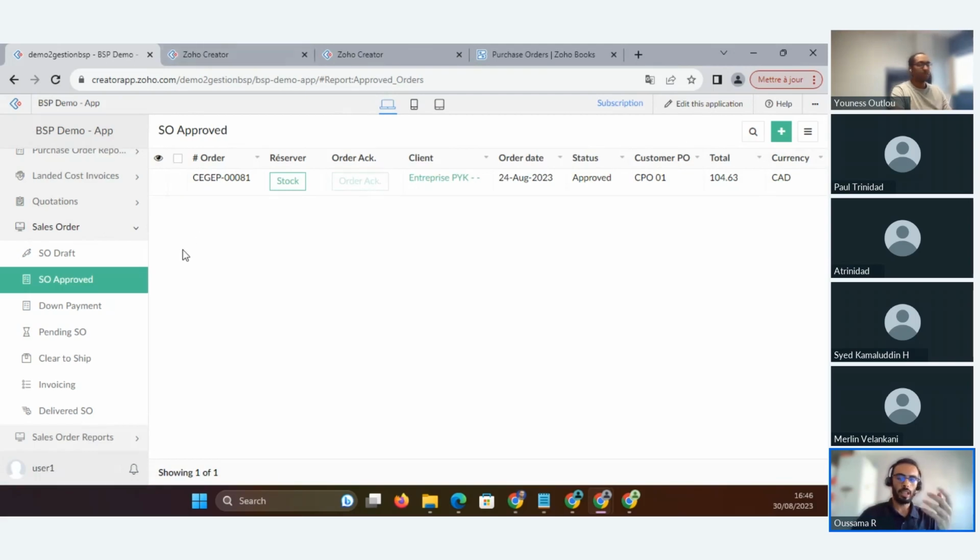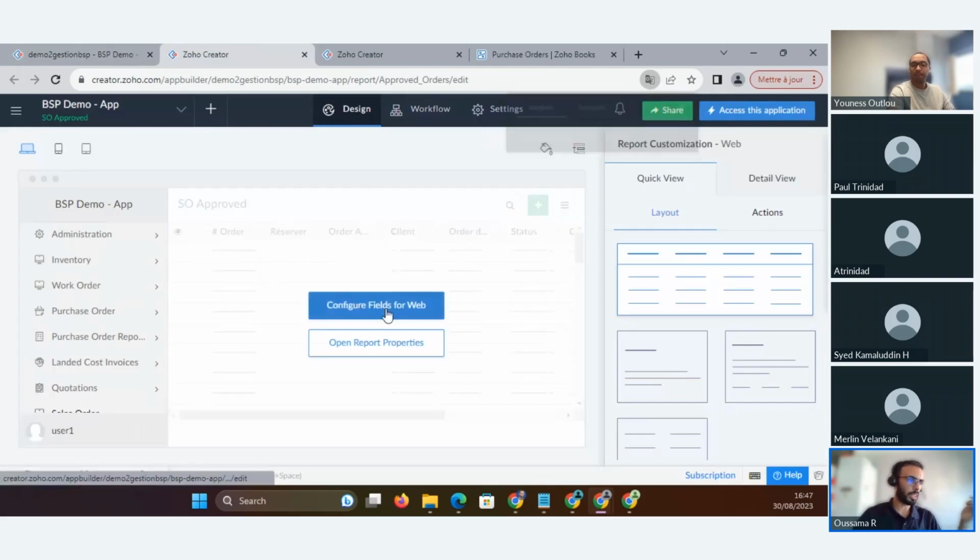So here, for example, as Yunus said, we showed some quick Deluge script that can be scripted in 1 to 2 minutes and yet be effective. And of course, we have some other features that can be more complex. For example, here to reserve some inventory for my sales order and take into account all the other sales orders if I have available inventory, etc. So for this example, I can show